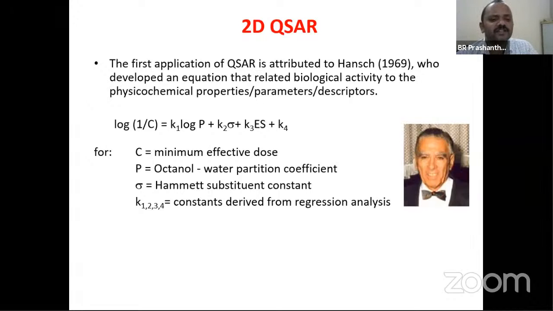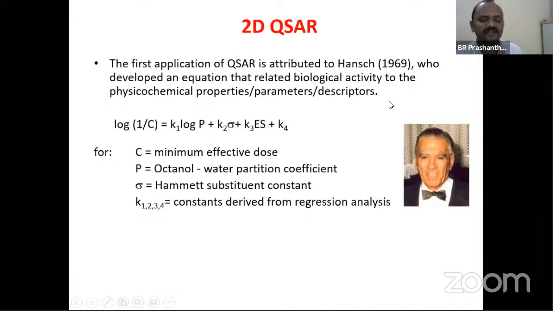So the first application of QSAR is attributed to Hansch. You can see Hansch in this picture. In the 1960s he started working on that, and finally in the year 1969 he came out with an equation, for example like this: log of 1 by C, where C is the representation of the minimum effective dose. So it is a function of its